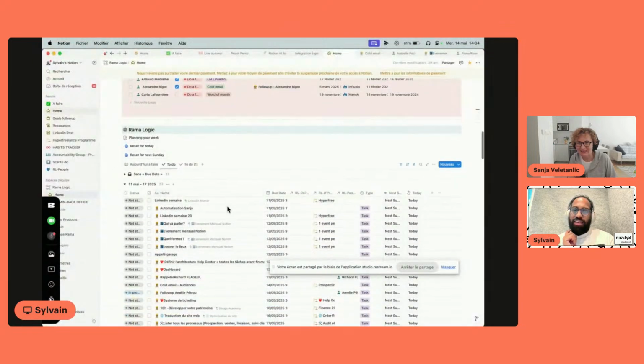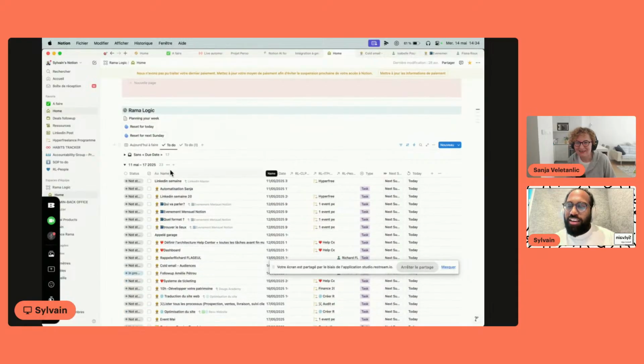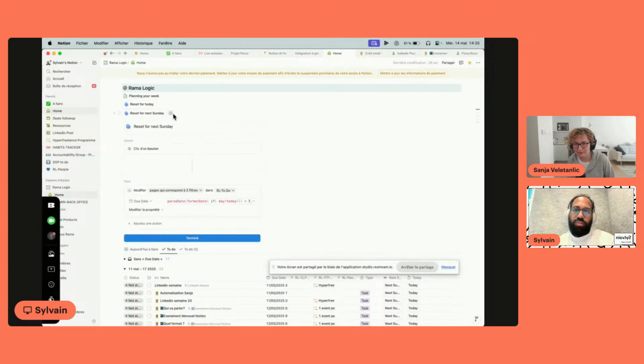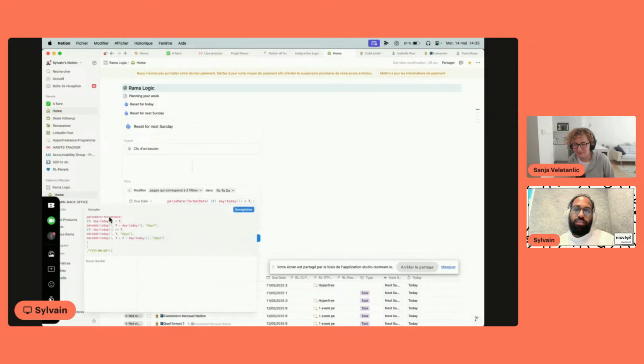Yes. Okay. So I will show you a different way to use this trigger. This is my task database. I use this with the Notion calendar, but I can reset all my overdue tasks directly with this button. This button will directly reset them to the next Sunday.